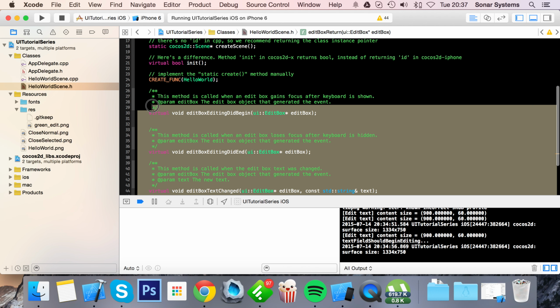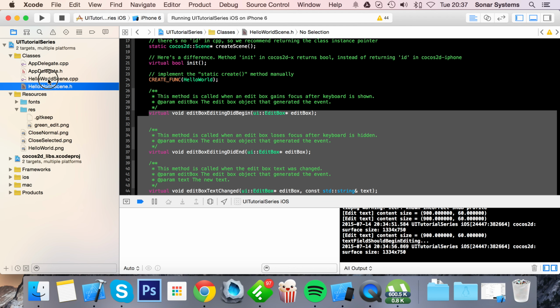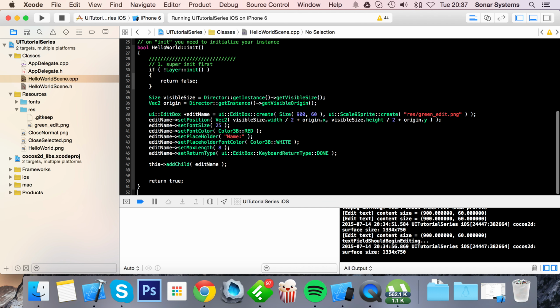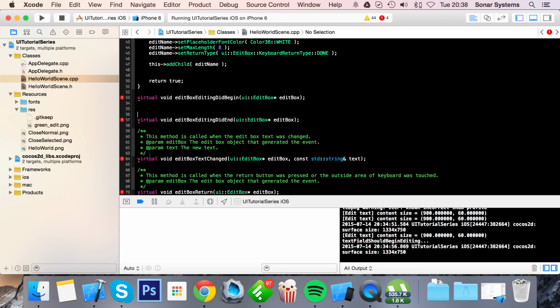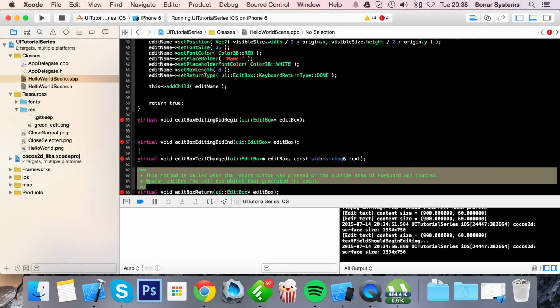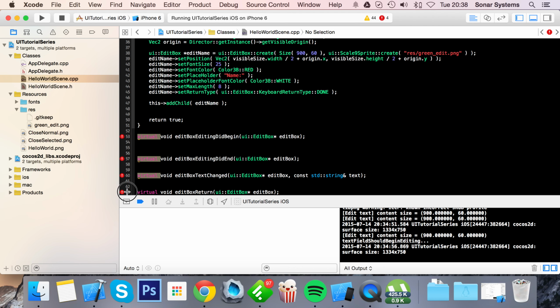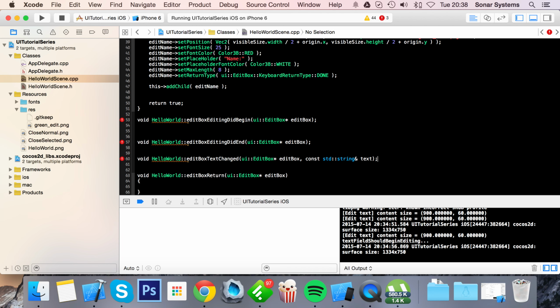and now what we're going to do is just copy and paste these into the CPP file, and we'll just get rid of the comments, reduce the amount of code in the implementation file. We can get rid of the virtual methods as well, and at the start we need to put our class name, which is HelloWorld::. Copy and paste that for all of them. So let's just finish this off,